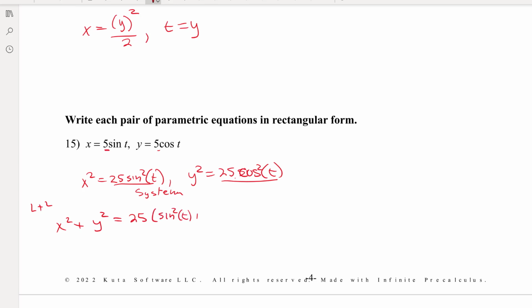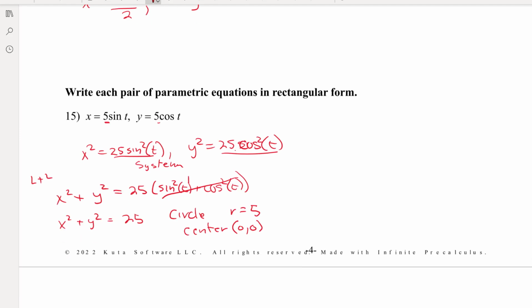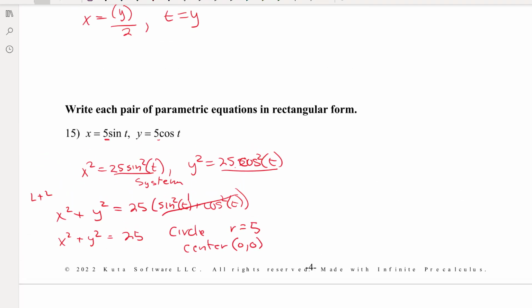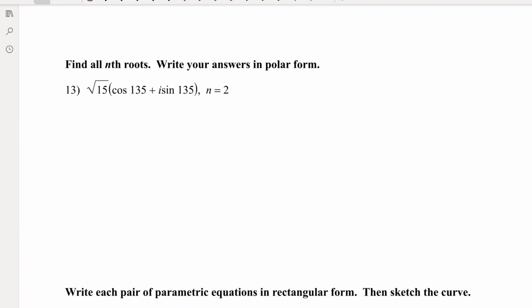We have sine squared t plus cosine squared t. Well, sine squared t plus cosine squared t equals 1. So we have x squared plus y squared is equal to 25. Well, that's a circle whose radius is 5 and whose center is at 0, 0. I think,